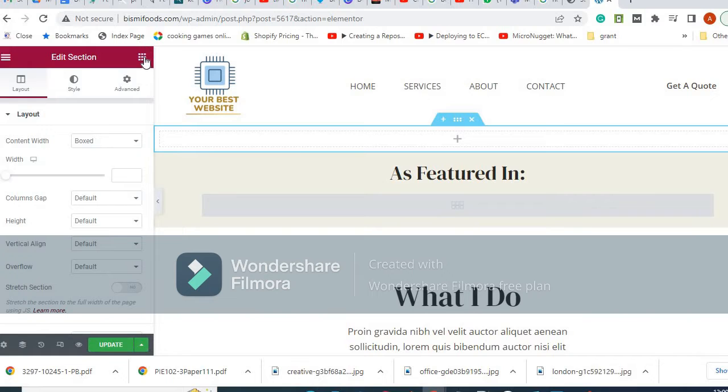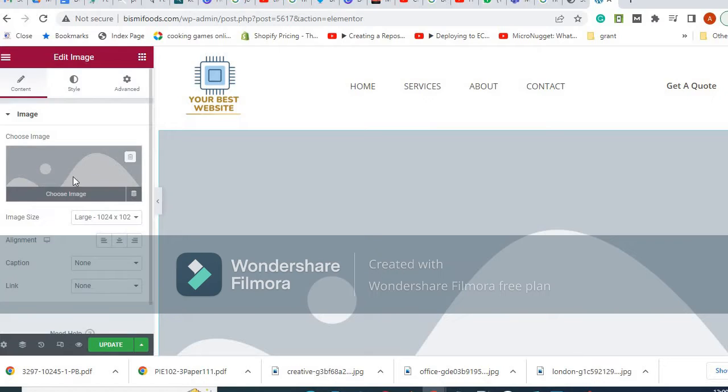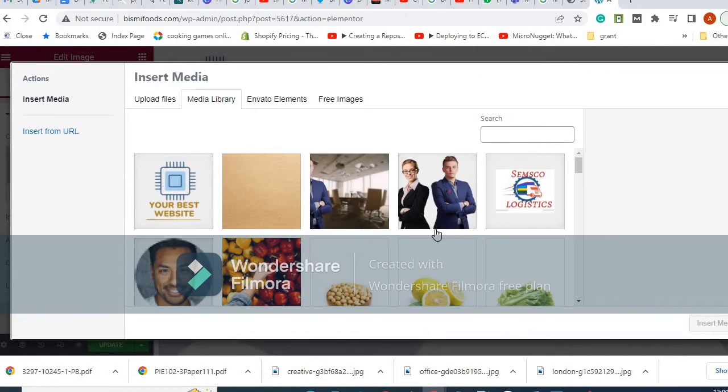And if I go back to our 9 dots here on the left, I could use any of these tools here. So far we've worked on heading, inner section, images, text editor, buttons and videos. And that's what I'm going to concentrate on at the moment, because these are the ones that we've been using for the last few. So I may want in this section to start it with an image. So what I'll do, I'll drag an image here, then I'm going to upload a new